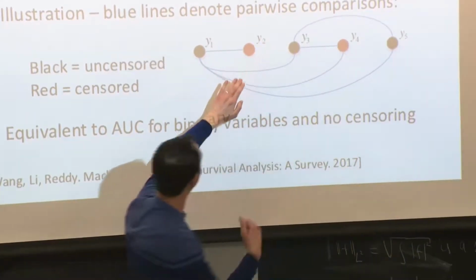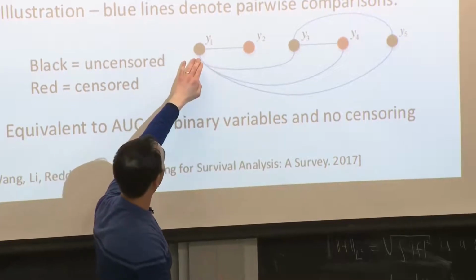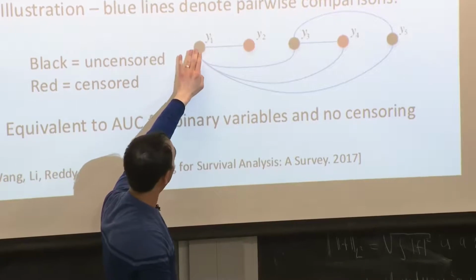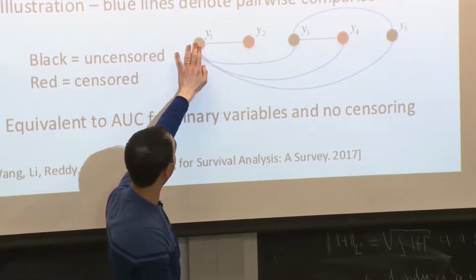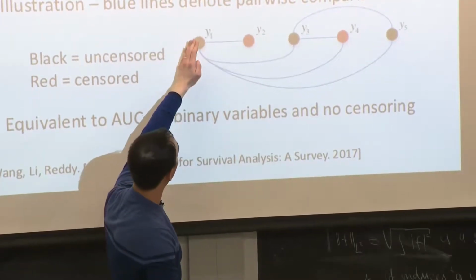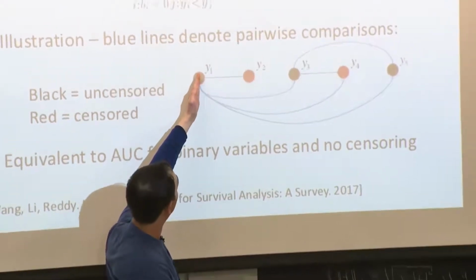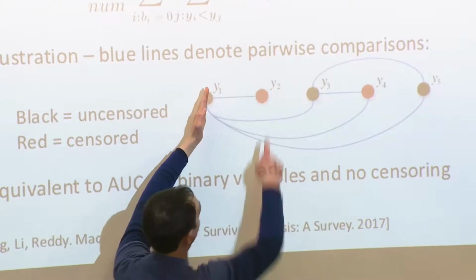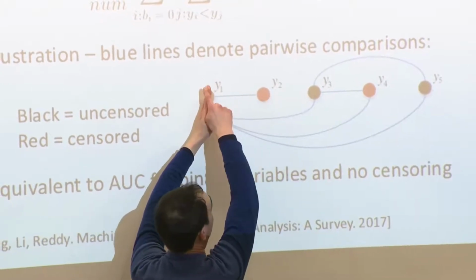So what we'd want is that the model gives that the probability that this event happens by this time should be larger than the probability that this event happens by this time,